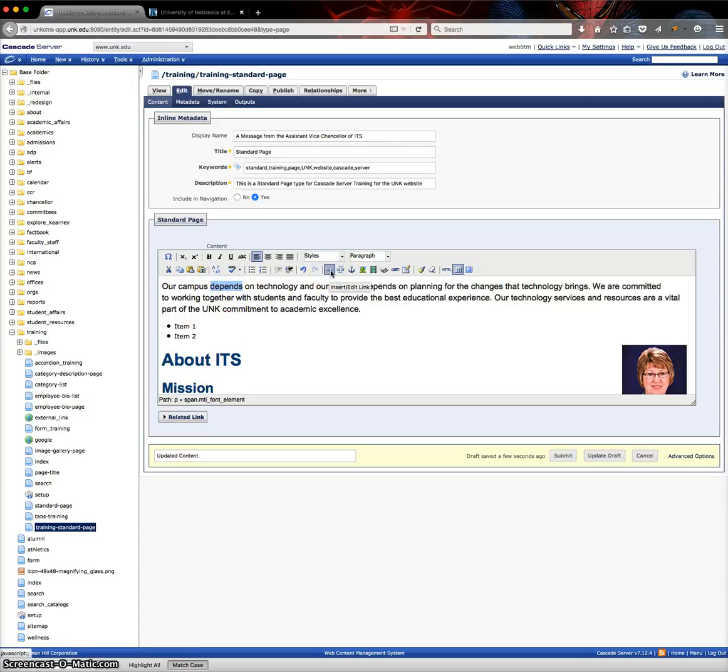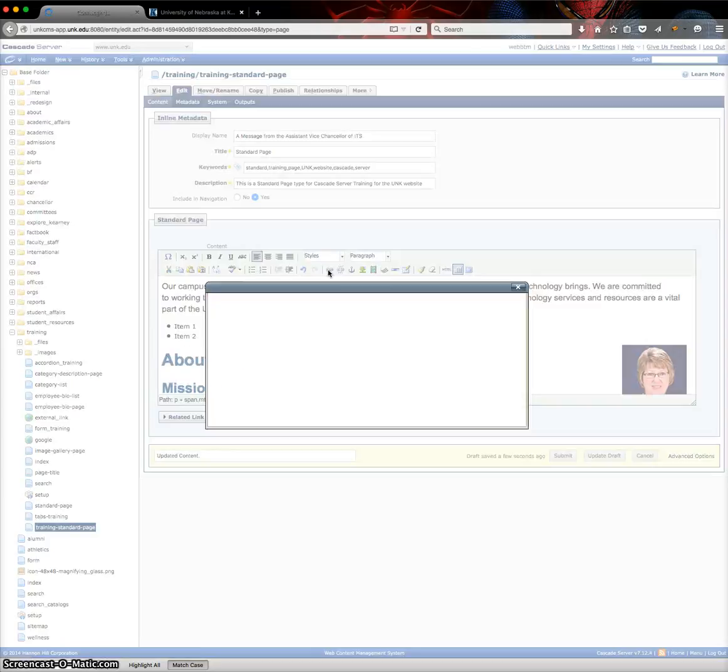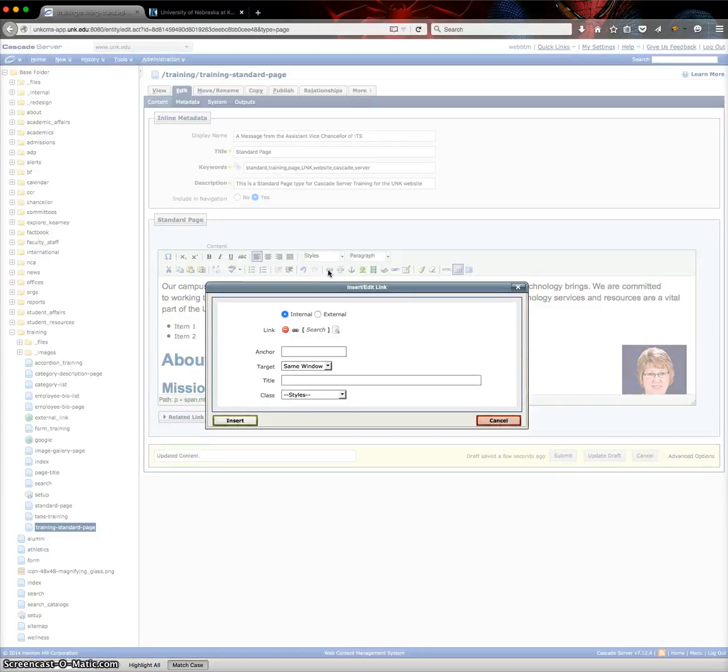Also, while we have the item selected, we can go and select the insert edit link, which is the chain link. When I do that, I'm given the menu to insert a link. I can either do internal or external. External allows you to type in the URL. Internal allows you to browse through your pages and select an existing page. So in this case, we'll go internal. I'll click the browse button,